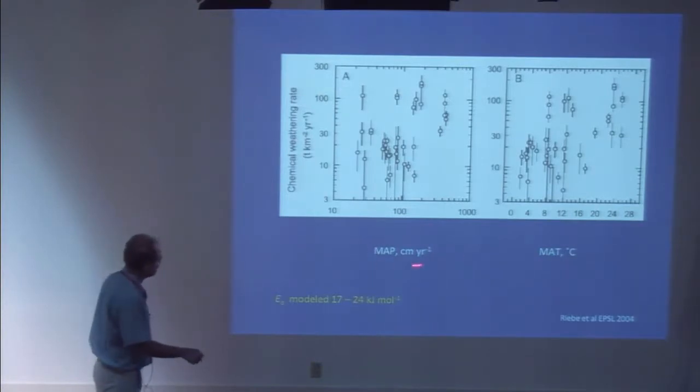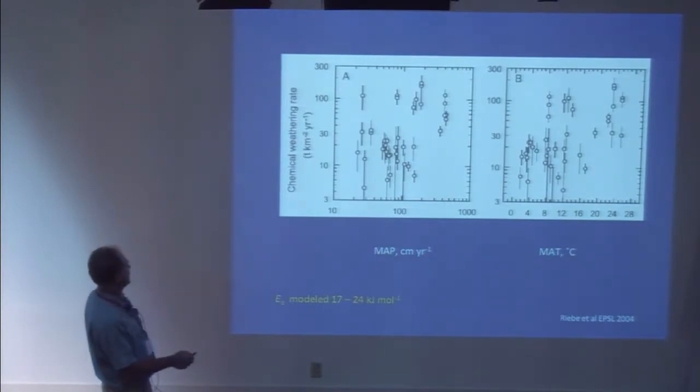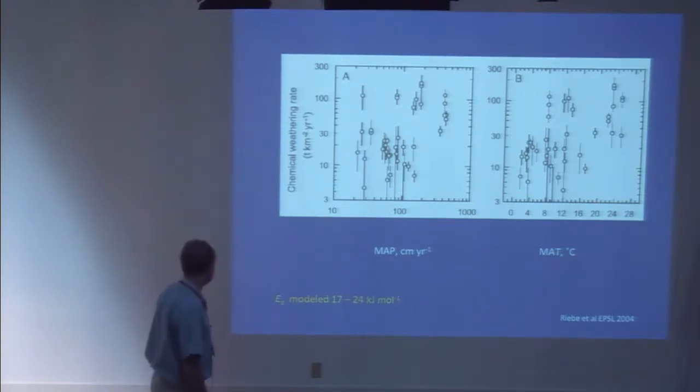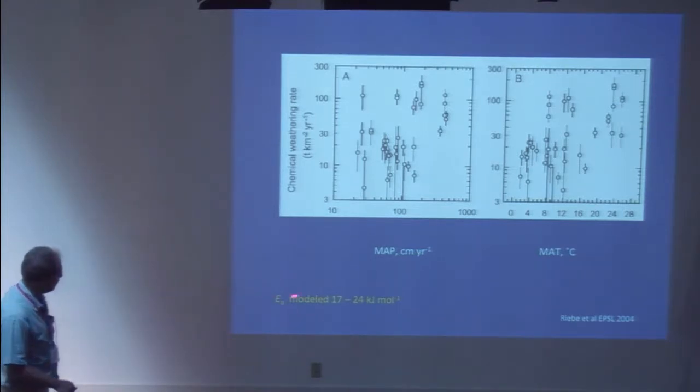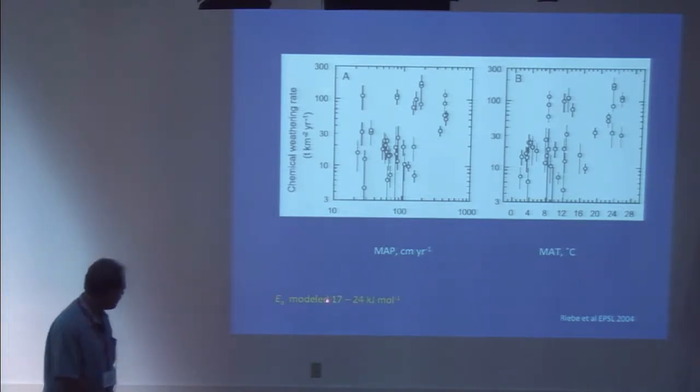And so here's their same data set, chemical weathering rate as a function of mean annual precipitation. That's pretty much of a mess. Mean annual temperature, that's kind of a mess, right? And from their data, they would estimate an activation energy about